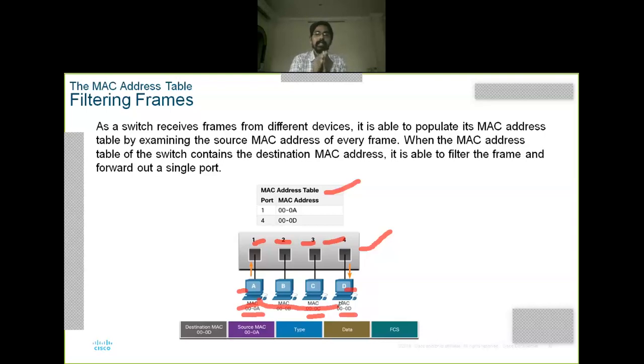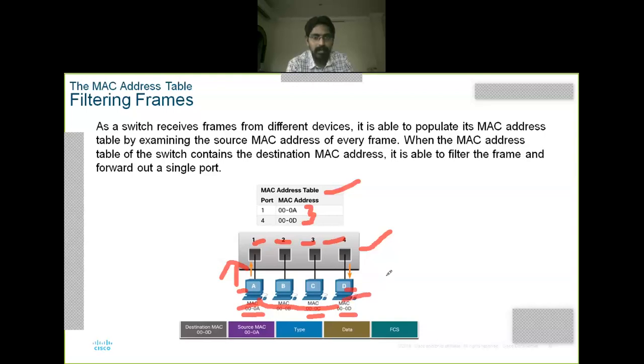System A will send a frame, but system A doesn't know the address of D, right? So system A requests the switch about that, and the switch learns from the MAC address table the information of system D.